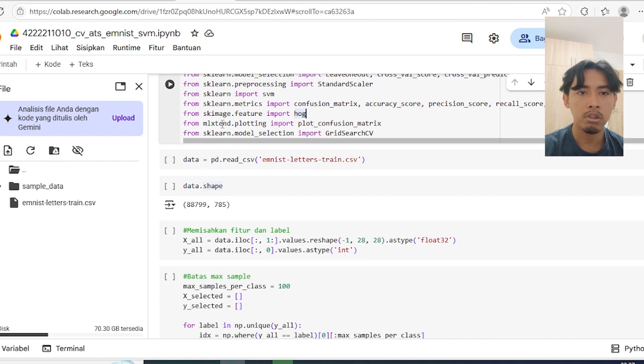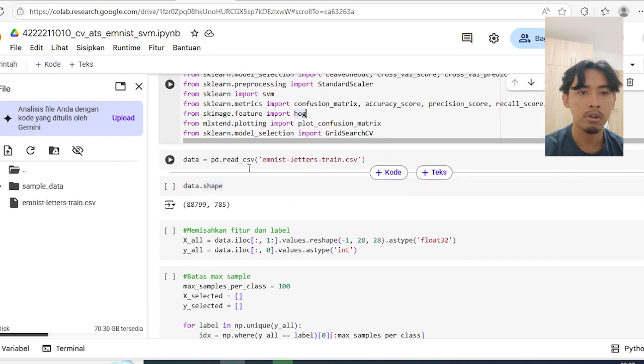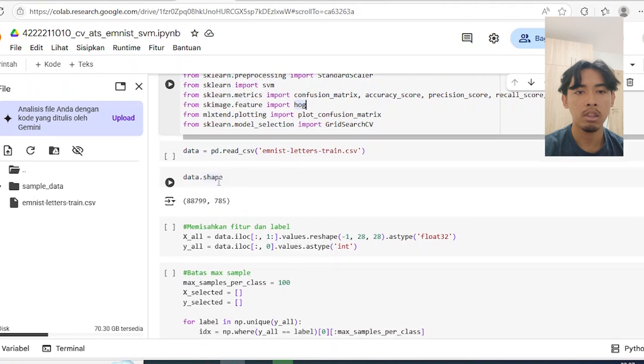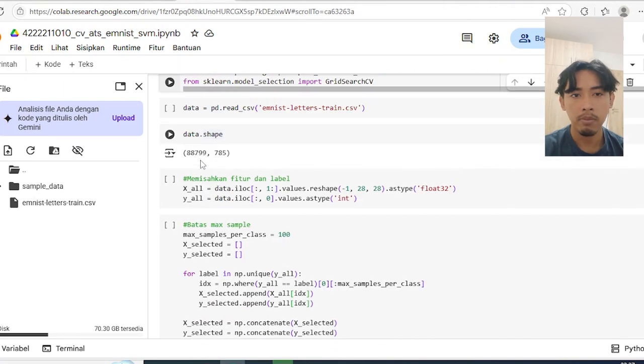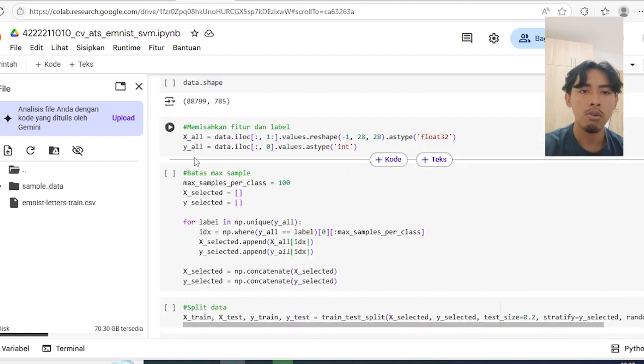After importing the libraries, we need to read the data. In this case I read the data in CSV format, mnist letters range.csv, and the data shape is 88,799 rows, also 785 columns. After that we need to separate the feature and the label.